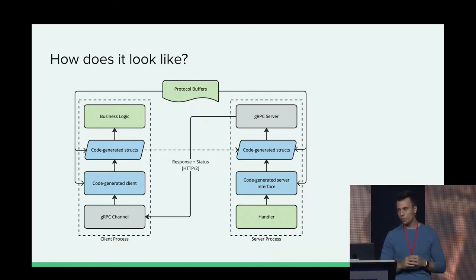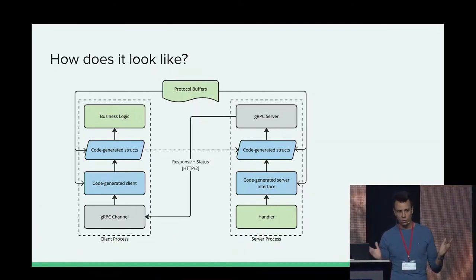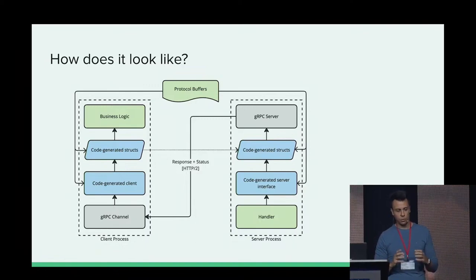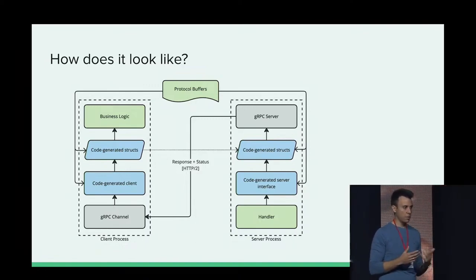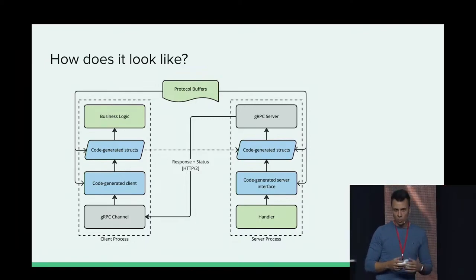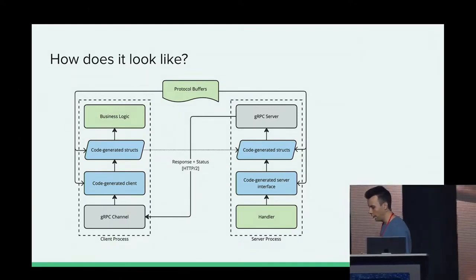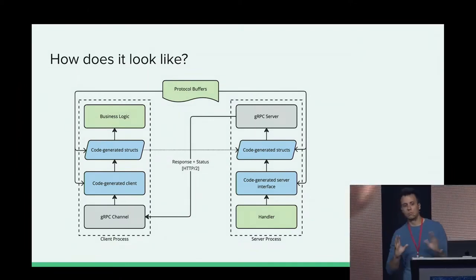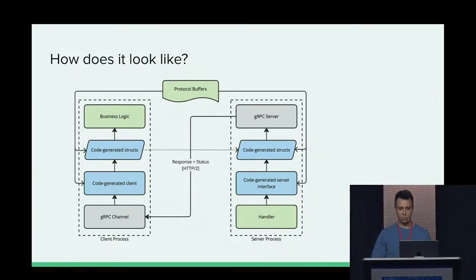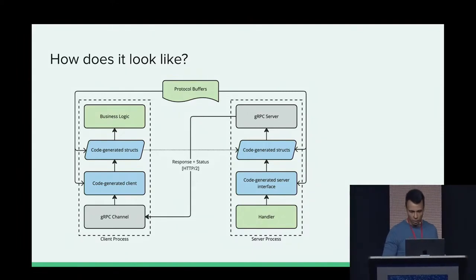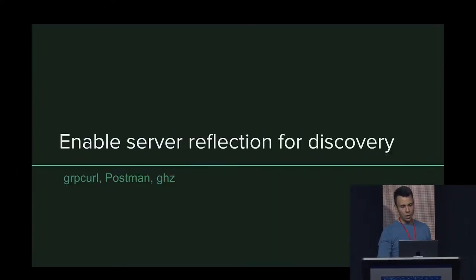There is one additional thing, which is called the status. A lot of you shared you've been working on REST, so it's entirely similar to the HTTP status, so there is some semantic attached to those status codes. You have unavailable, you have not found, invalid argument, so there is a nomenclature with those. So that's it, pretty simple.